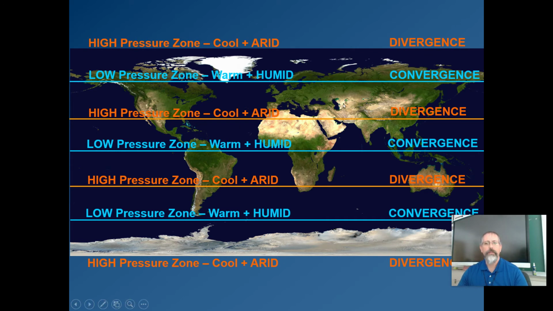They're dry, but they stay snowy. Here you go. High pressure zone, the cooler arid divergence zone here. Again, it's 30 degrees, so it's not really cool, but it is very arid. You have northern Mexico, the desert southwest in the U.S., the Sahara Desert across Saudi Arabia and such, the Gobi Desert. You can see it's pretty sandy color there. It gets a little messed up over here in the north of India because you have the Himalayan mountains there. So the windward side of the mountain stays green and it's dry behind it. But these aren't solid lines that the winds can't cross, realistically. They move a little bit, but you can definitely see it's drier there.